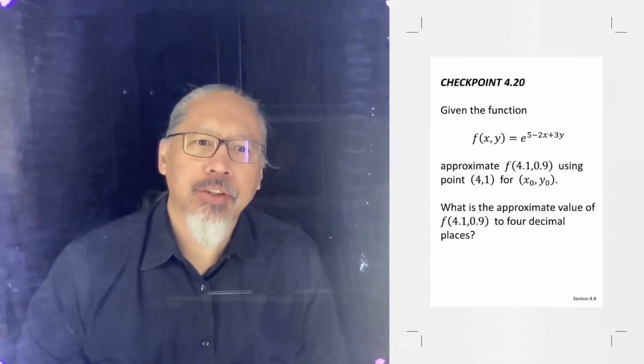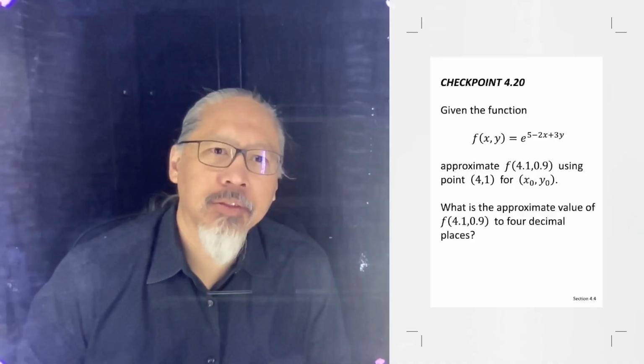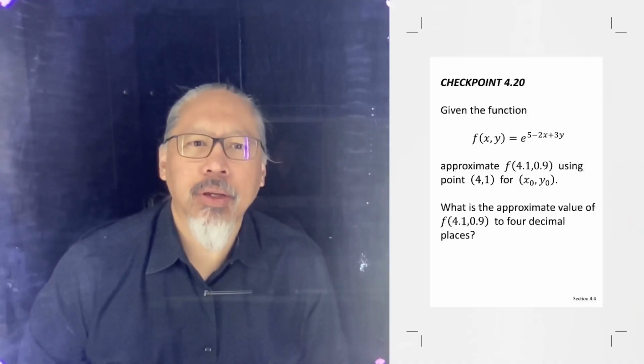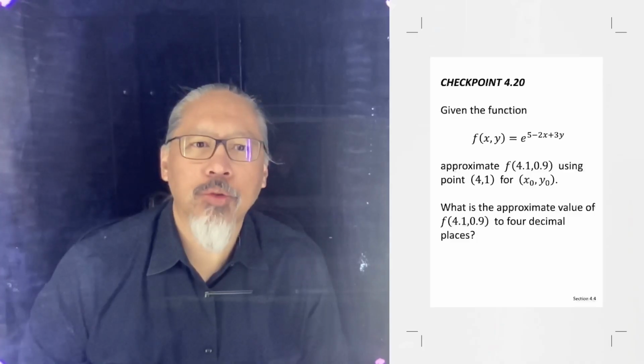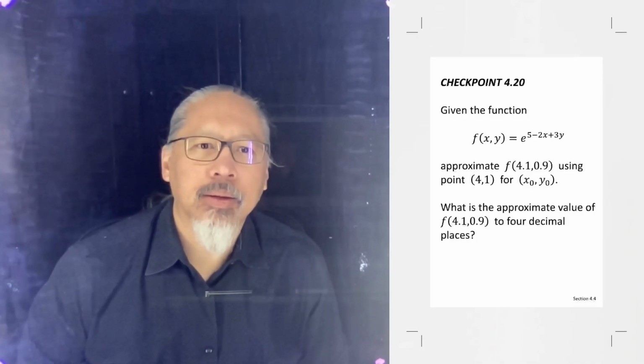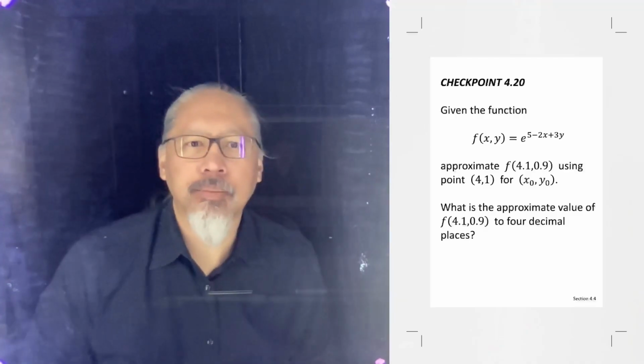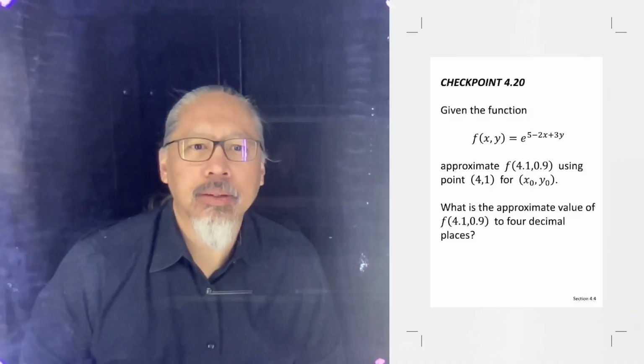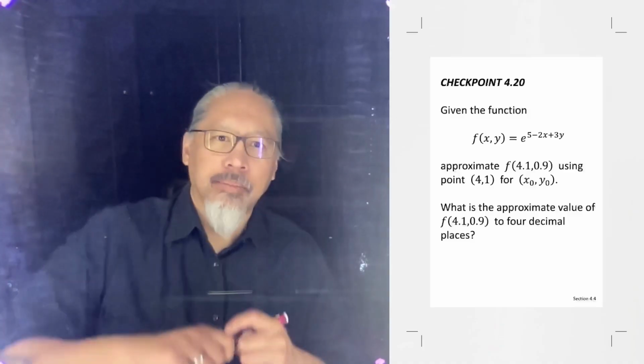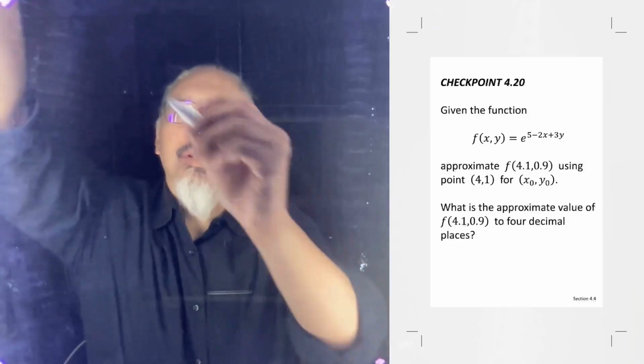We have a given function here, e to the 5 minus 2x plus 3y, and they want us to approximate the function at 4.1 and 0.9 using the point 4, 1 as your center point. And they want us to approximate this using 4 decimal places. All right. So the approximation